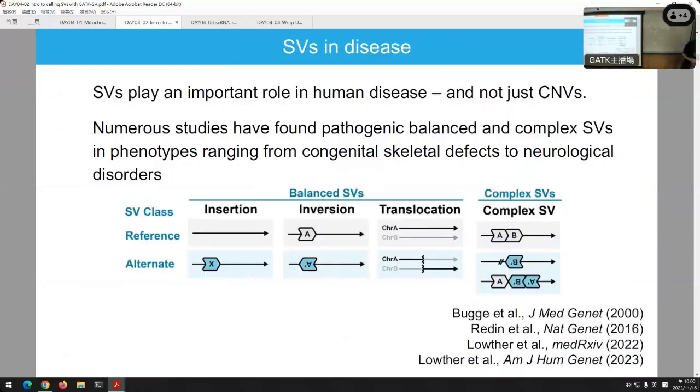And we talked yesterday about the role that copy number variants play in disease and your characteristics and the evolution of humans over time. But beyond just copy number variants, other types of structural variants are also really important in disease. So looking at balanced and complex SVs, because we've already talked about copy number variants,